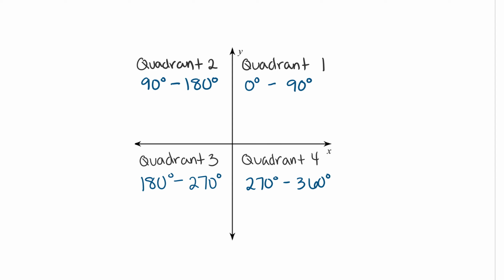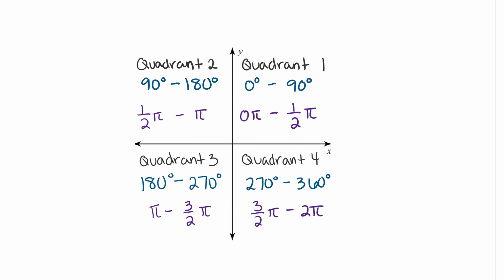So in quadrant 1, you'd have 0 pi up to 1/2 pi. Quadrant 2 is 1/2 pi all the way up to pi. Quadrant 3 is pi all the way up to 3/2 pi. Quadrant 4 is 3/2 pi all the way up to 2 pi. Okay? Now we can also label, so I'm giving you the range for each quadrant, but let me label each,